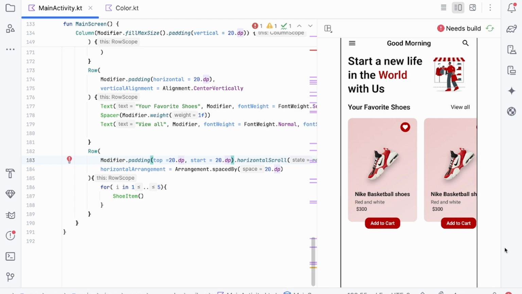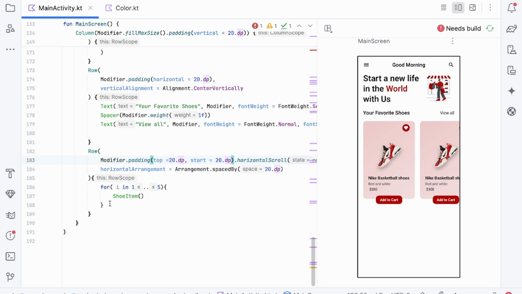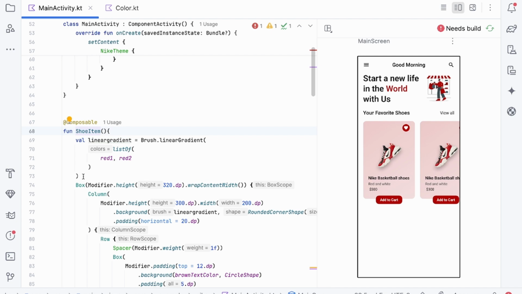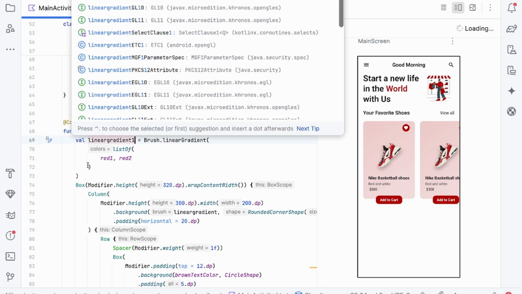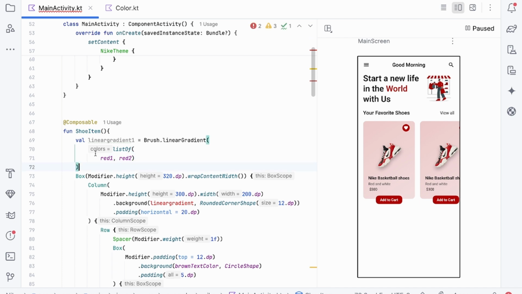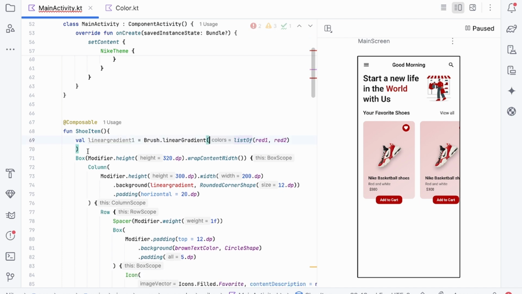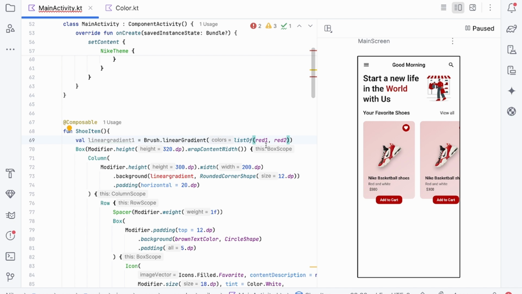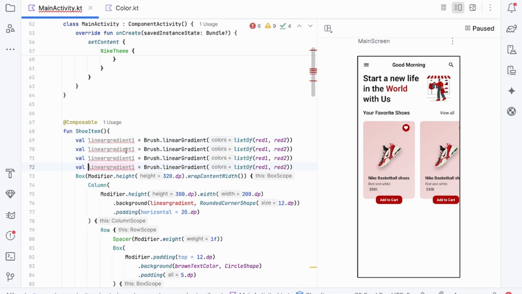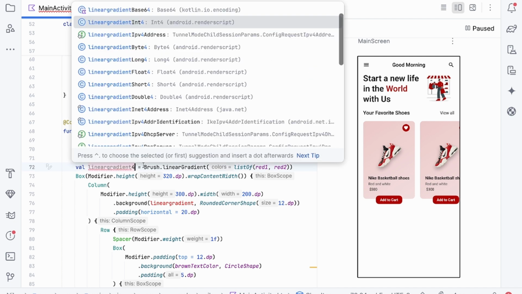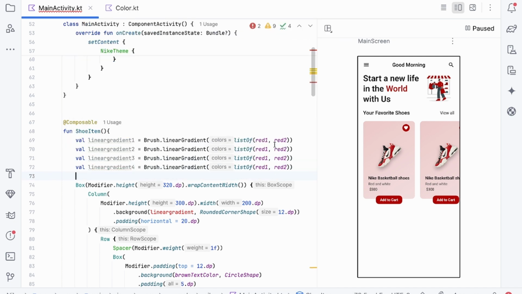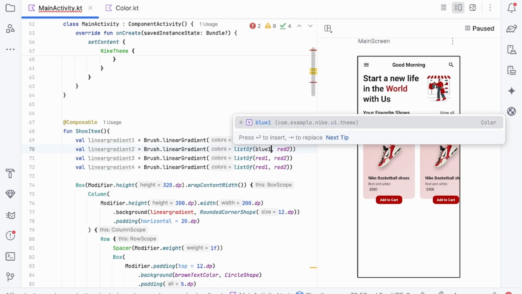Looking perfect. And finally, in the bottom also I'm just going to do the same. Before that, we need to use a variety of gradients, right? For this, I'm going to use 4 types of gradient: red, blue,